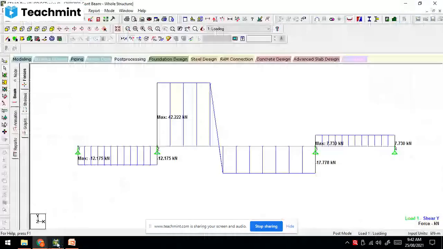So these are exactly matching with the SFD diagram. This is the SFD diagram for the 3-span continuous beam where the point load is applied at the center. Is it understood, all of you? This is called a validation. Whatever results we get in manual calculation, the same we have to see here.